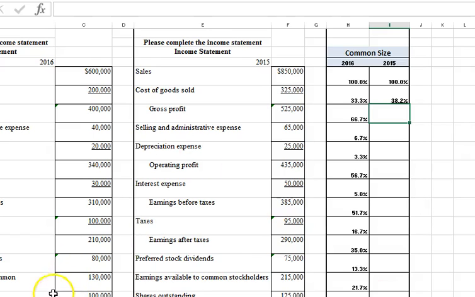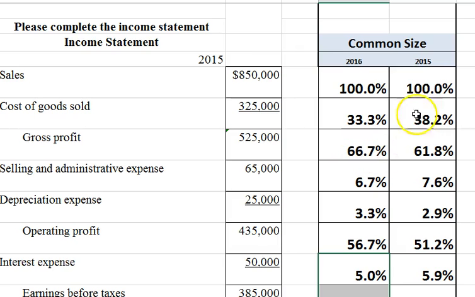Yeah, you can do that in Excel. But I don't want you to do that right now. I want you to actually try and calculate one. Okay, so why we do this common size income statement is we're trying to compare what's happened in 2006 compared